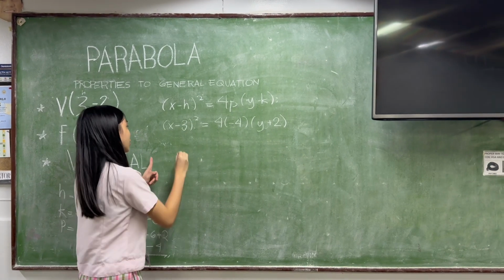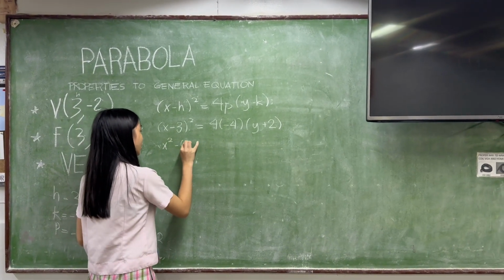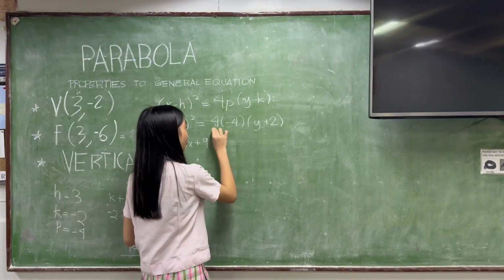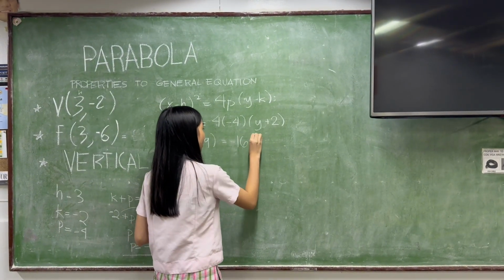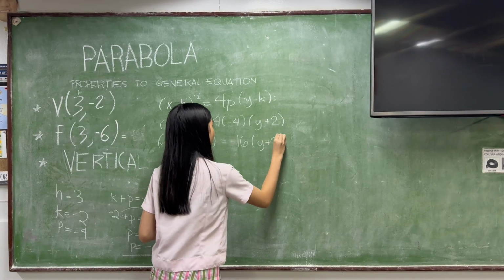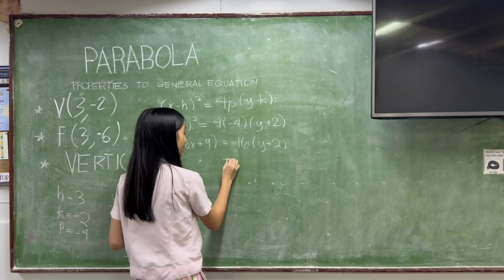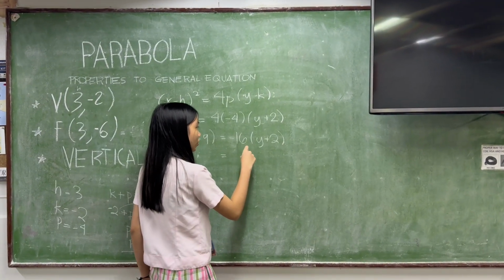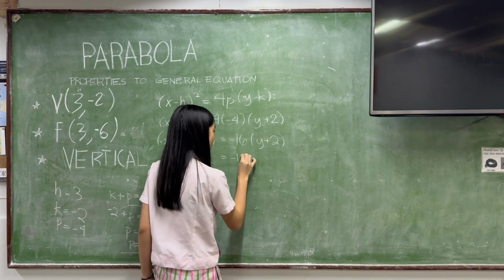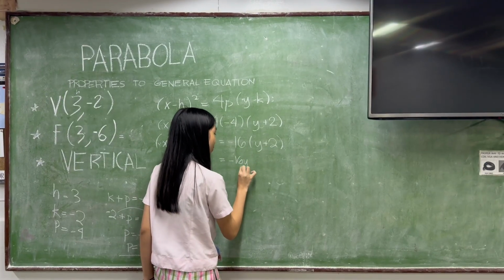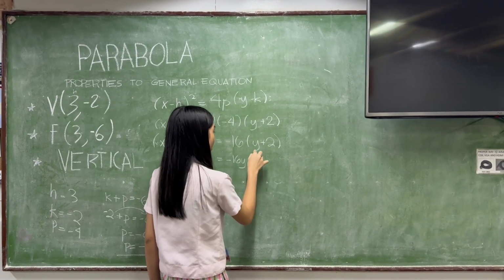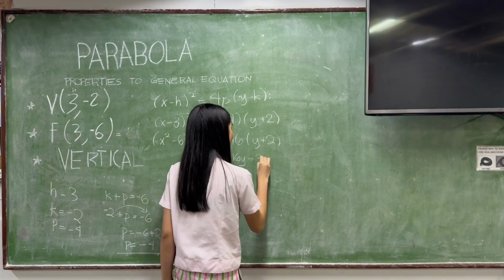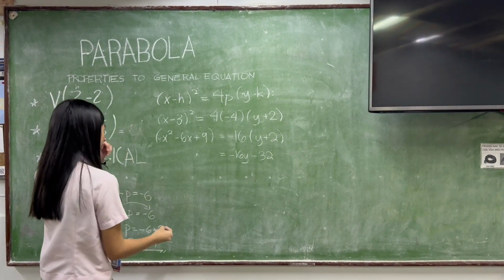gonna expand this equation. So, x squared minus 6x plus 9 equals 4 times negative 4, which is negative 16, times (y plus 2). After that, we're gonna compute here. So distribute negative 16 to this equation. So negative 16 times y is negative 16y. And negative 16 times positive 2 is equal to negative 32. And copy